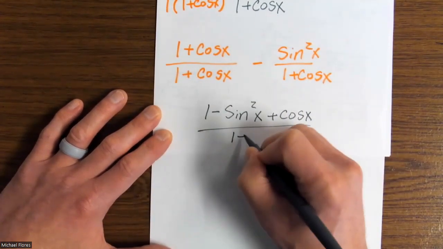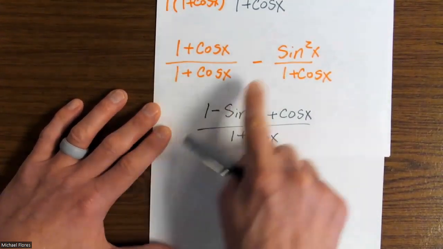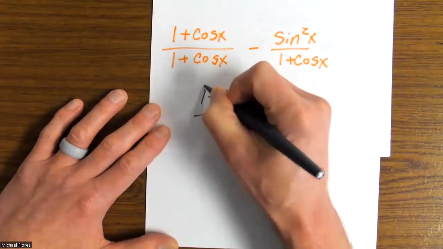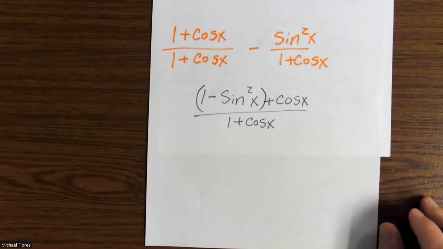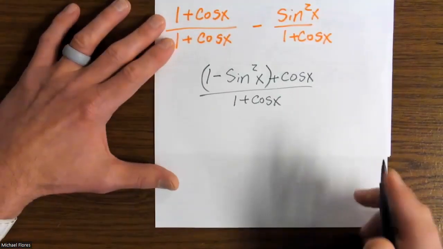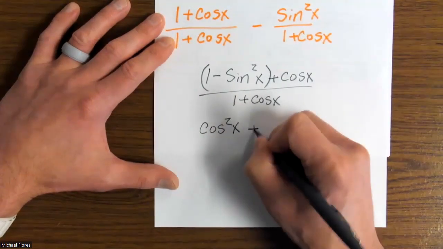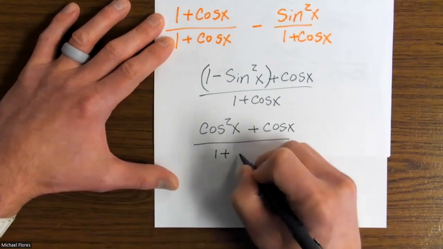There's our numerator. Here's our common denominator. 1 is still positive, sine squared is still negative, cosine is still positive. The reason why I rearranged that is because look here. Now we have a Pythagorean identity. We can use substitution. 1 minus sine squared is the exact same thing as cosine squared. So that's our new numerator,